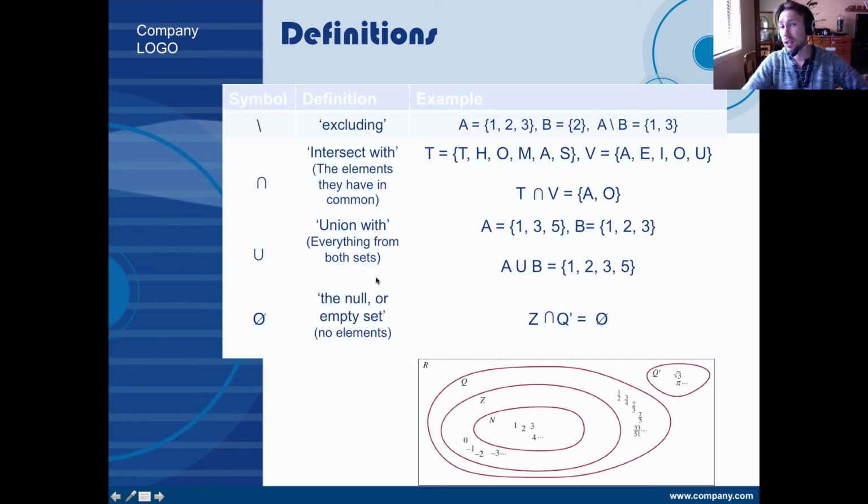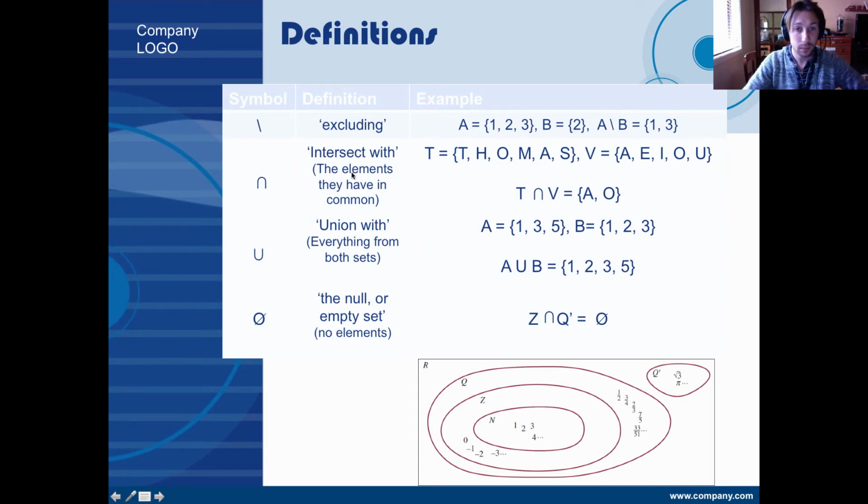Now the next definitions on the other types of symbols that you're going to come across are things like excluding. So for example, if I have A is equal to 1, 2 and 3 as a set, B is equal to 2, A excluding B means all the elements that are in A but aren't in B. So if you have a look here, 1, 2 and 3 is in A, 2 is in B, so that means we cancel out the 2 in A,